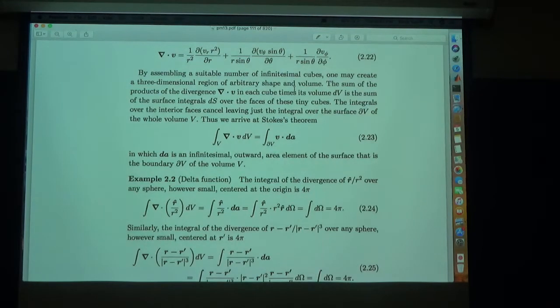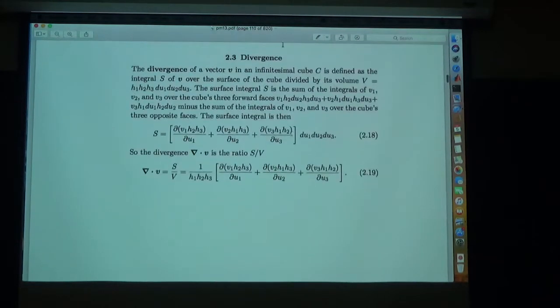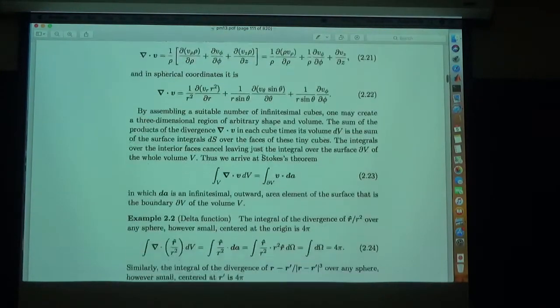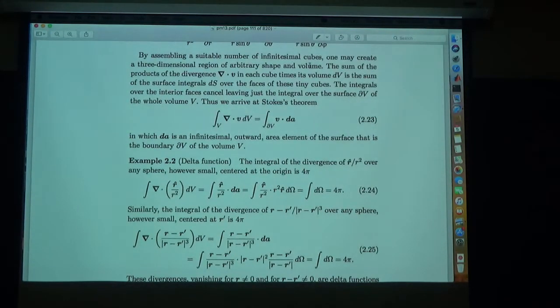Inasmuch as we've defined the divergence as the surface integral divided by the volume, if we take a large number of infinitesimal cubes and imagine that we're going to integrate a vector dotted into the area, that's something I should have mentioned earlier. It's not simply the integral over, but it's the vector dotted into the surface elements. And so here, if you have an infinite number of very tiny cubes, you can approximate any surface, and the sum of the products of the divergence in each cube times its volume is the sum of the surface